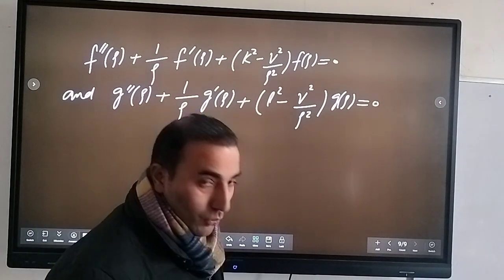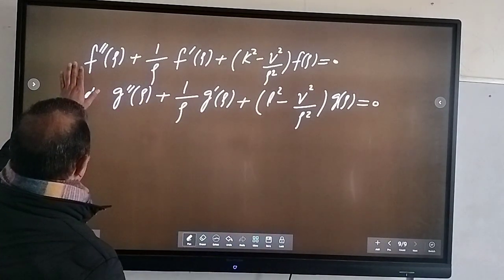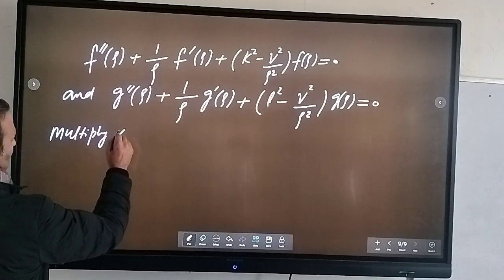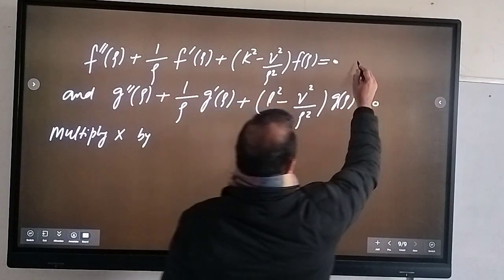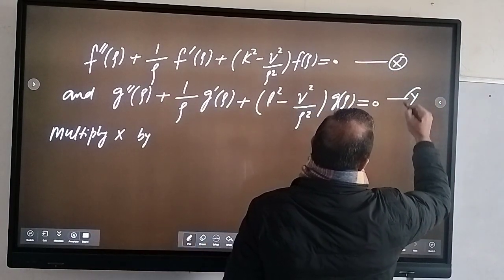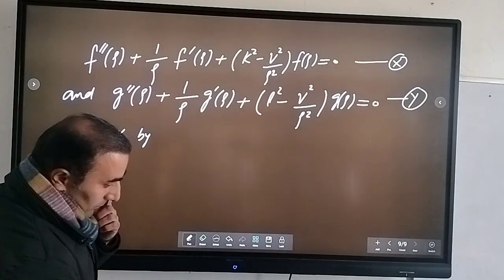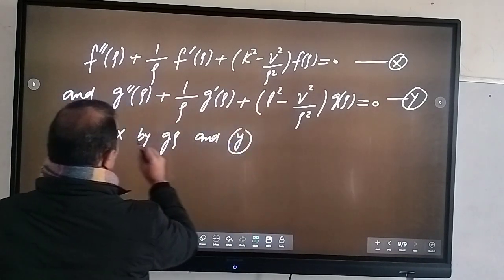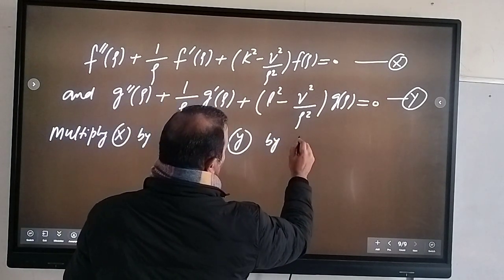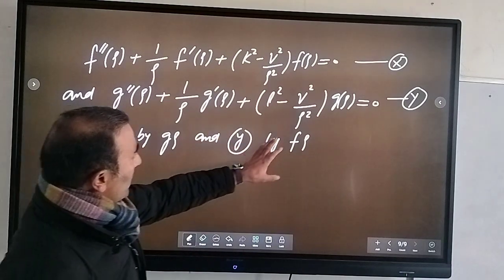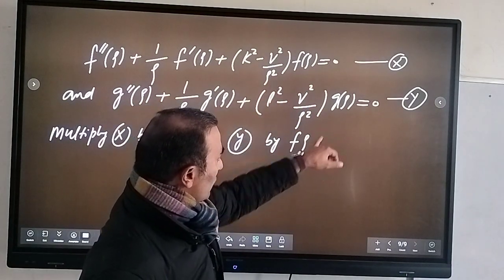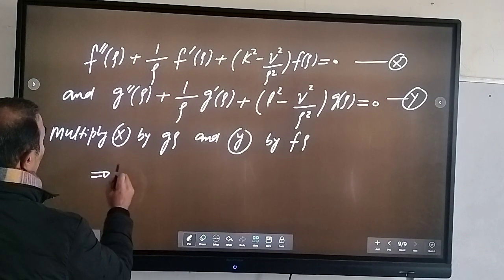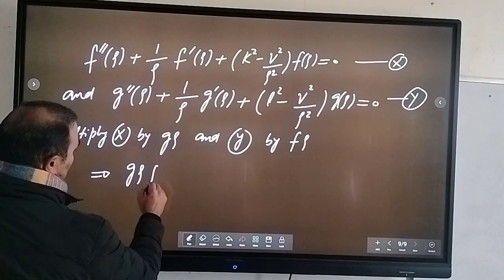Okay. Now we can do one thing, because I can multiply this equation. So the first equation, suppose we multiply this equation by g of rho and this equation by f of rho, and then I subtract. That means the first equation becomes g f double dash minus